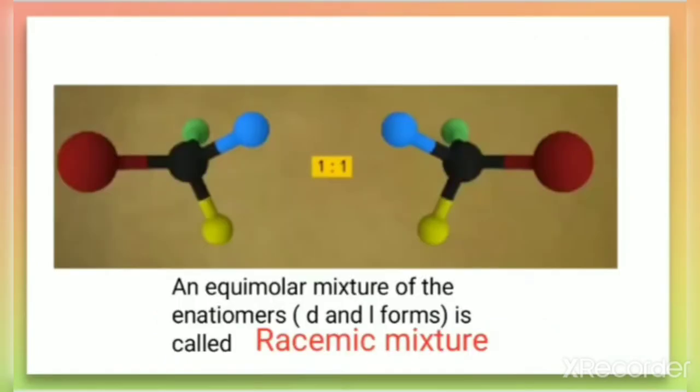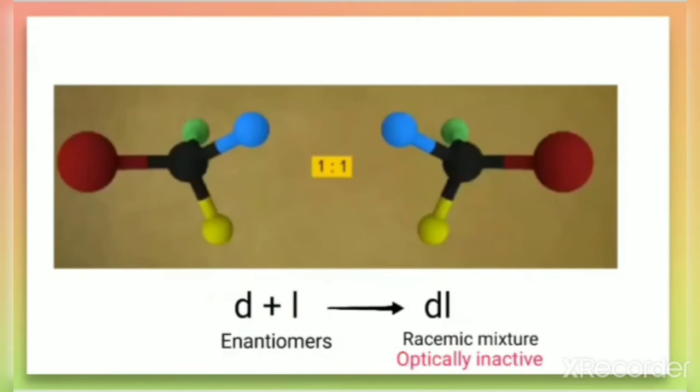Let us define a term, racemic mixture. An equimolar mixture of enantiomers, that is D and L forms, is called a racemic mixture. As shown in the figure, these are the D and L forms. The equimolar mixture of these is called a racemic mixture because the D form is optically active, the L form is optically active, but their mixture, that is the DL form, is optically inactive because the D form rotates the